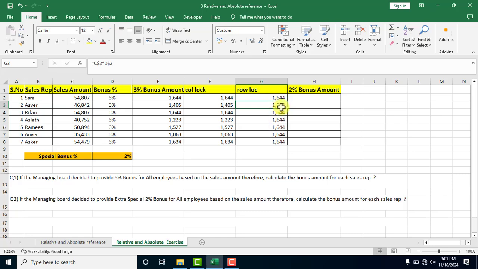So this is why I lock. If I double click this one, it is only multiplying, and here also if I double click this one, it is only multiplying, because we have locked the row, right? So this is the relative reference. This is where we lock the column. This is where we lock the row. I hope you understand. The next question is that if the managing board decided to provide extra special 2% bonus